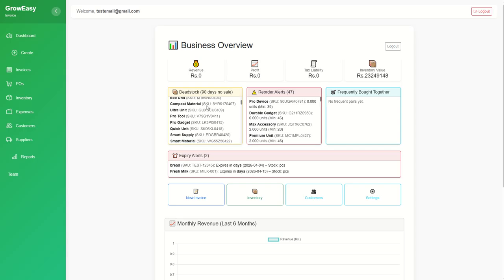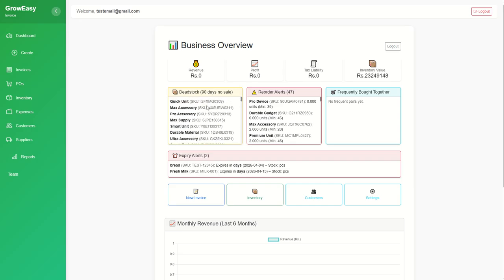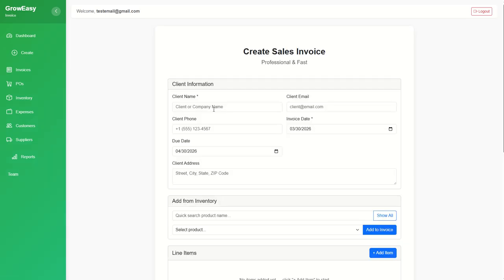There must be zero items in them, because if some item is not making any sale, it is a loss to your business. So every item must make a sale at least in 90 days to stay away from this box. Now you can click on new invoice and just